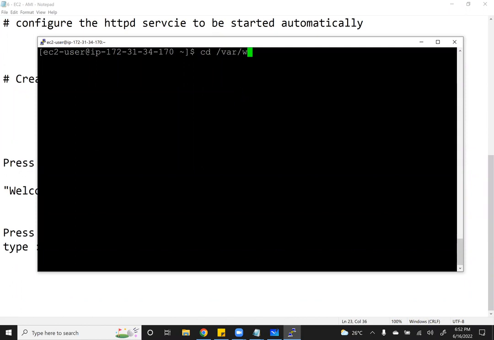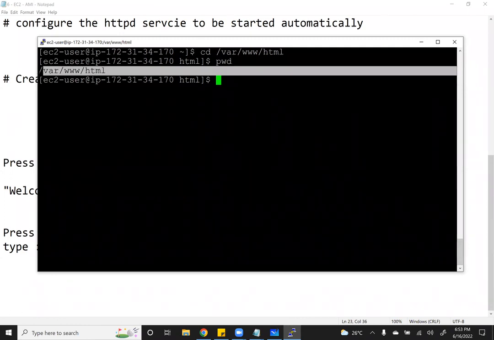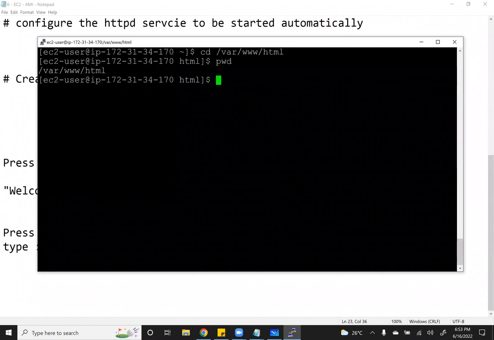/var/www/html. If you place the web page in this particular location, then only the web server will identify your web pages. Otherwise, it cannot detect which website you are hosting. Click enter. And before creating the web page, use the command called pwd, just to make sure that you are in the correct directory and you are creating your web page in the correct directory. So once you are in the specific directory, use the command sudo vi index.html,